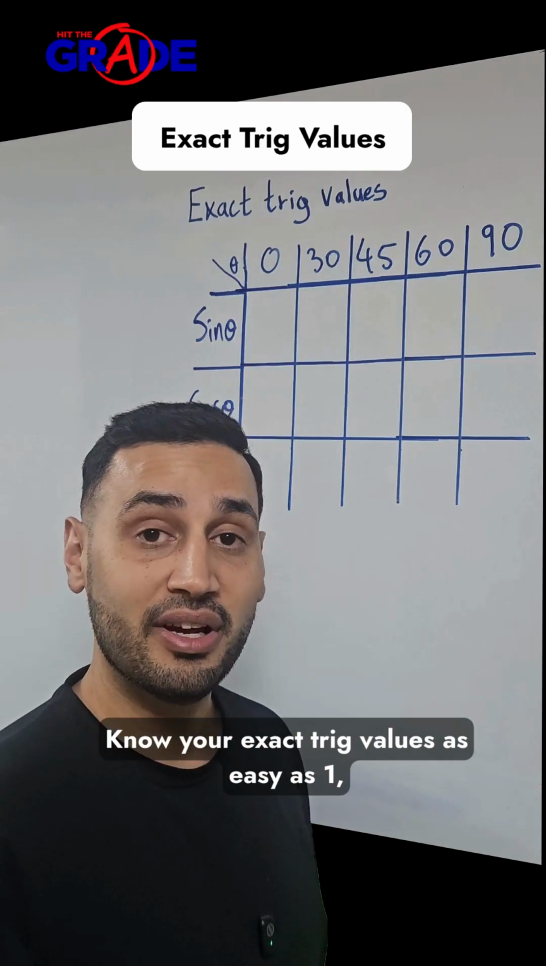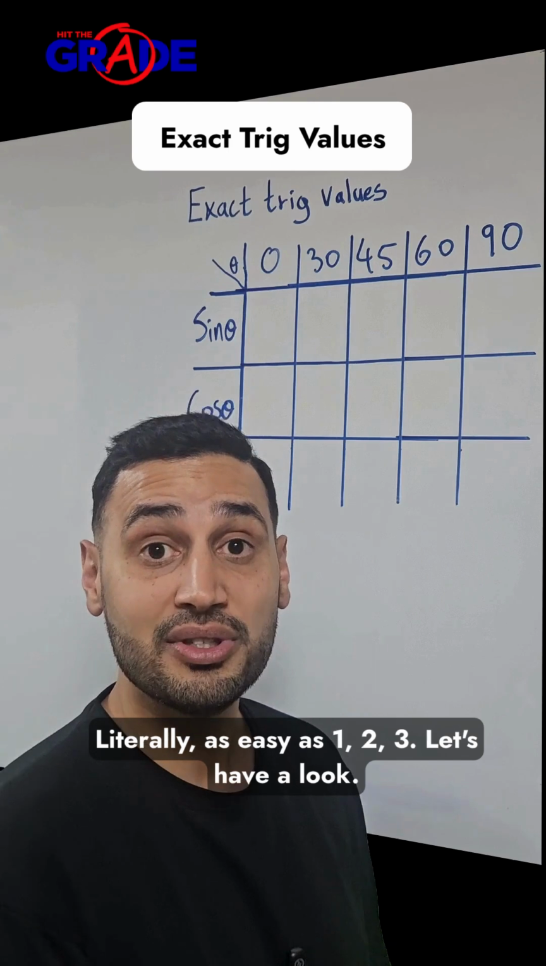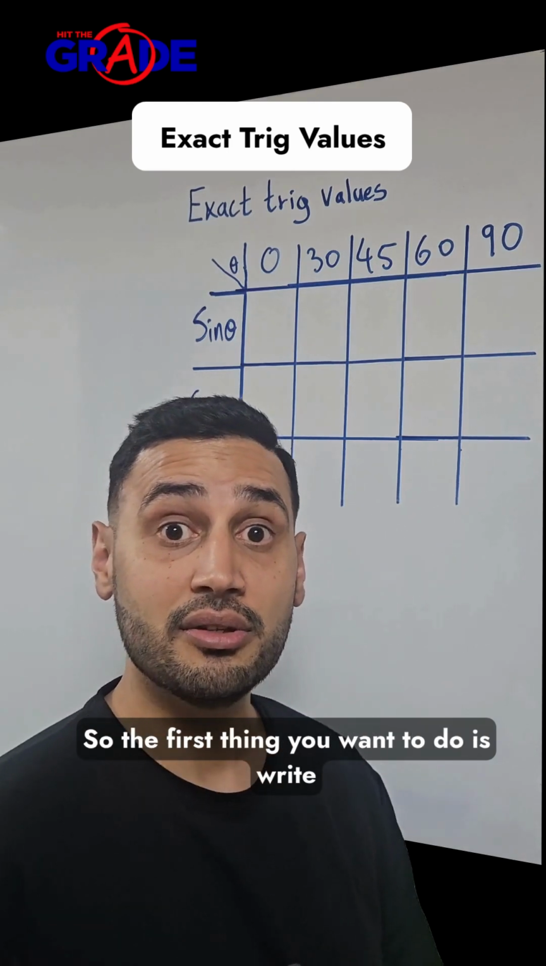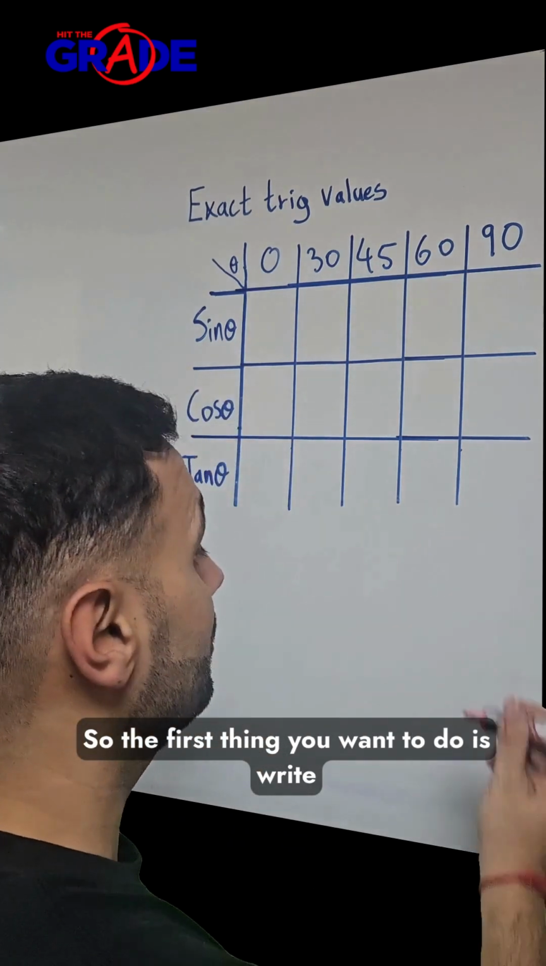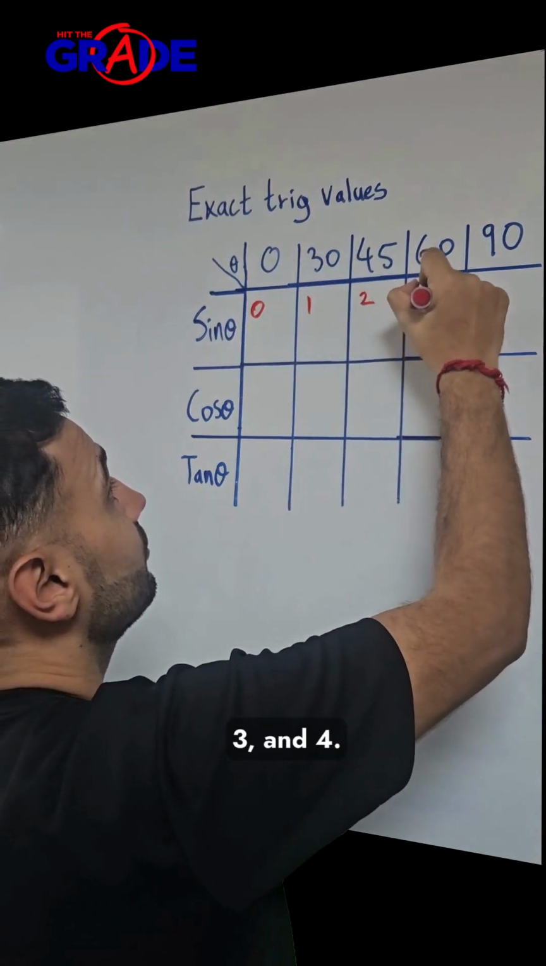Know your exact trig values as easy as 1, 2, 3. Literally, as easy as 1, 2, 3. Let's have a look. So the first thing you want to do is write down from 0, 1, 2, 3,